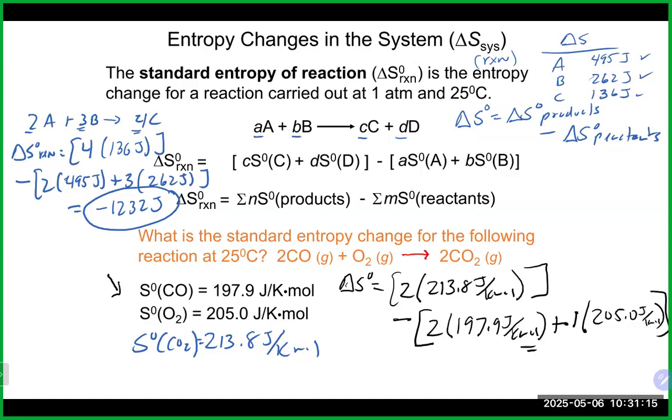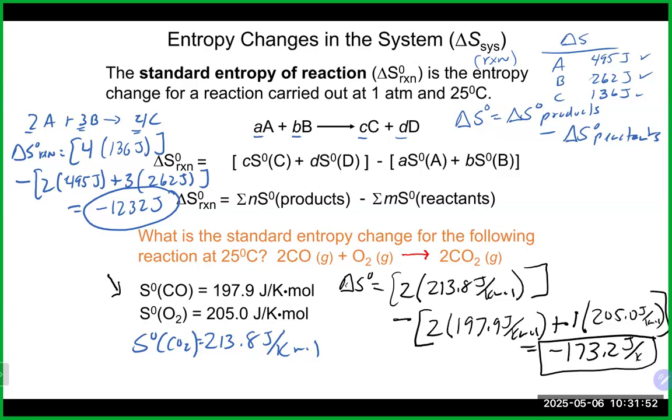And that is going to get us here. Looks like negative 173.2 joules in this case. Any questions on the calculation? The amount of disorder is increasing or decreasing in this case? It is